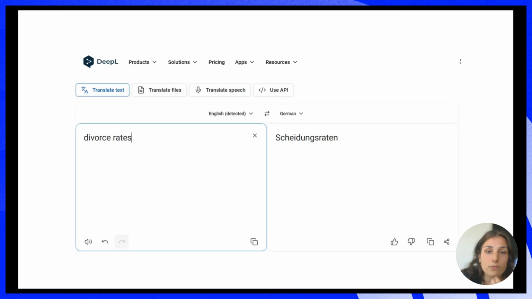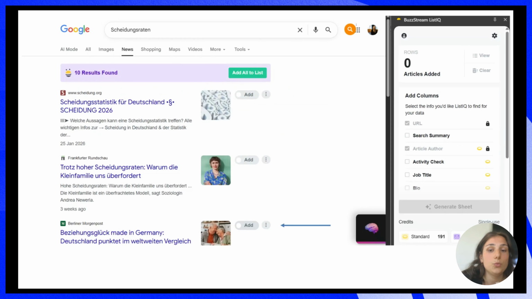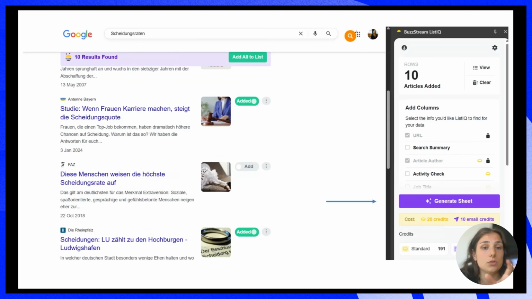I wouldn't say it's perfect, but it's definitely good for that specific purpose. So you would check the specific word, you would get it on Google search, and then you would have the Chrome extension, as you can see here on the right, and you would choose the most relevant publications for your topic. You would click add to your media list, and let's say you have 10 articles here, input them into your media list.